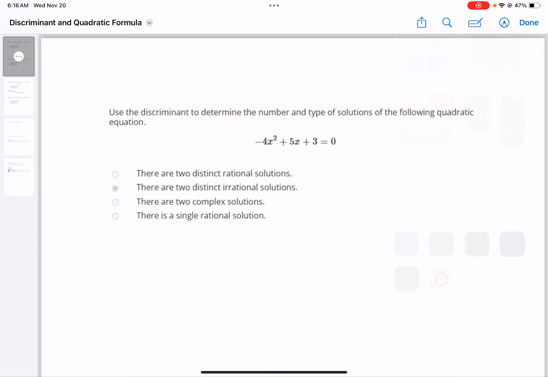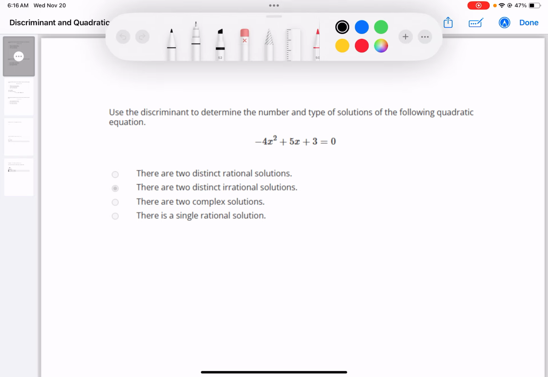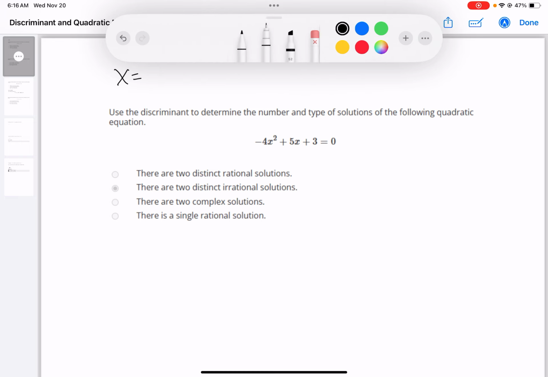All right, we've got activity 33, and this one is mostly about the quadratic formula. Now, the quadratic formula I have written on the board on the right-hand side of my room, but I'll write it right here. Let's see, let's get the pen. Okay, so it's x equals,